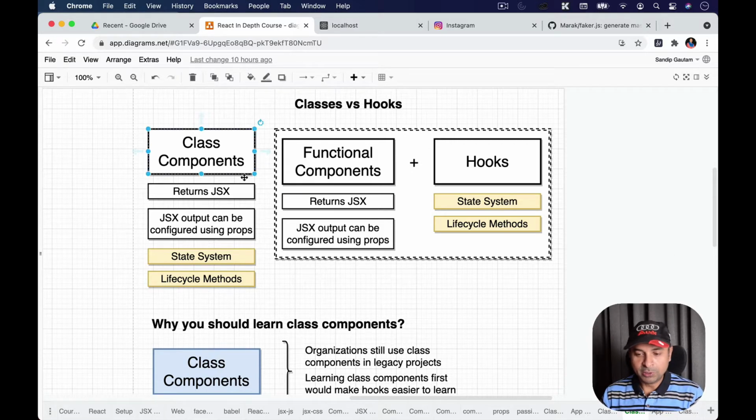So we know a class component returns JSX. JSX output can be configured using props. It has state, and lifecycle methods. These two things which a functional component doesn't have, we get in the class component. Now what the React team did: we know functional components are good and easy to write. They return the JSX output which can be configured using props. They added these two features, state and lifecycle methods, into functional components, and they named them